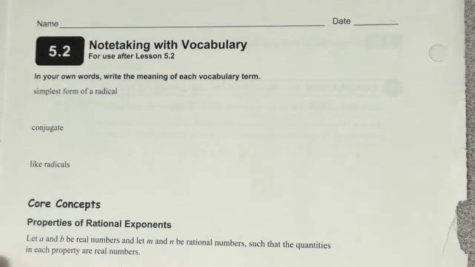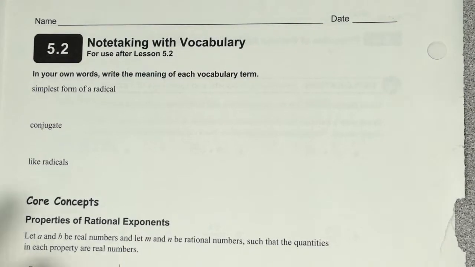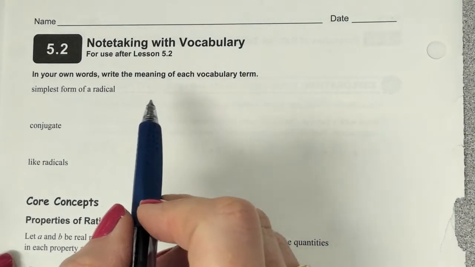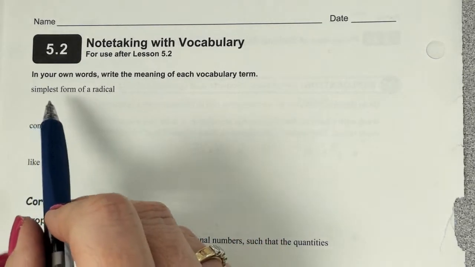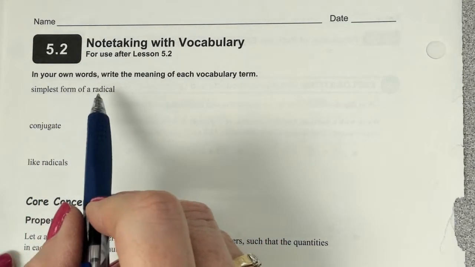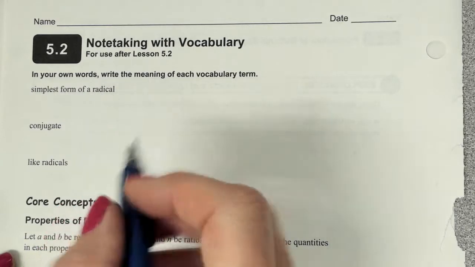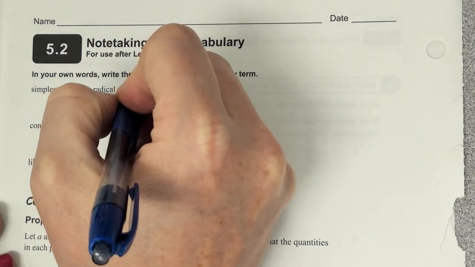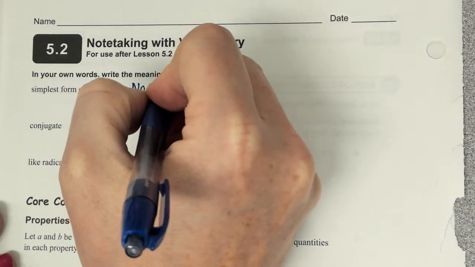Page 130. This is section 5.2. So, listen up. What we're going to be doing is simplifying radicals. You have to understand what it means to have the simplest form of a radical in order to put it in simplest form. So, here's the first thing: no radicands